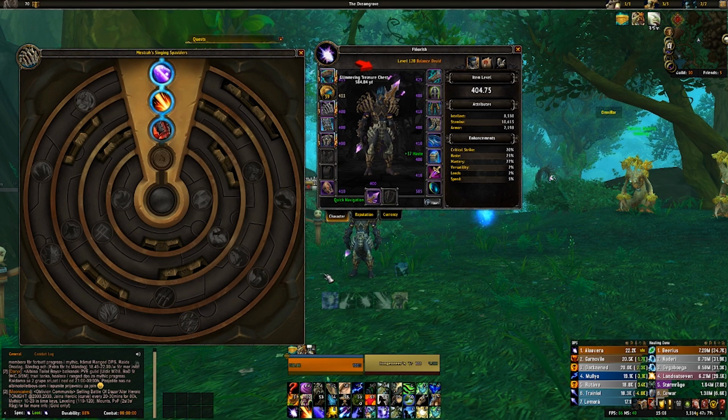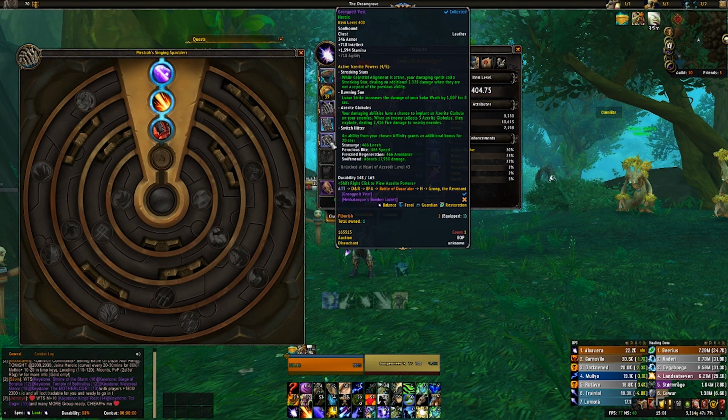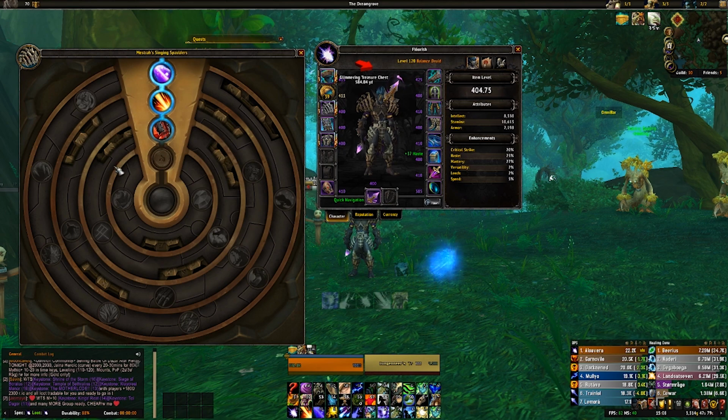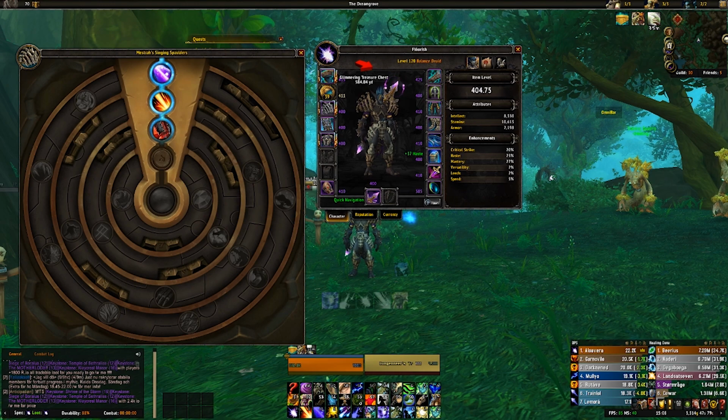So the last Azerite trait, which I don't believe I have yet, which I would like to get, is Treacherous Covenant. What Treacherous Covenant does is it will increase your damage when you are above 50% health. So it's an intellect boost that you will gain when you are over 50% health. However, when you drop below 20% health, you will also take 15% additional damage. So it is a bit of